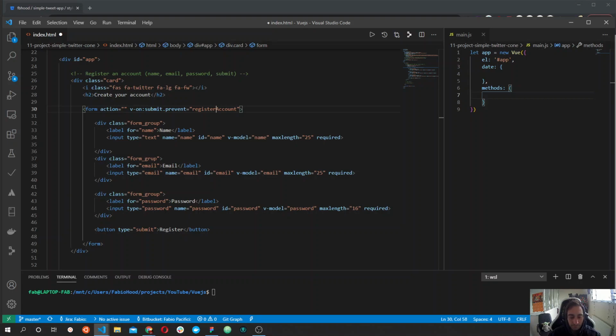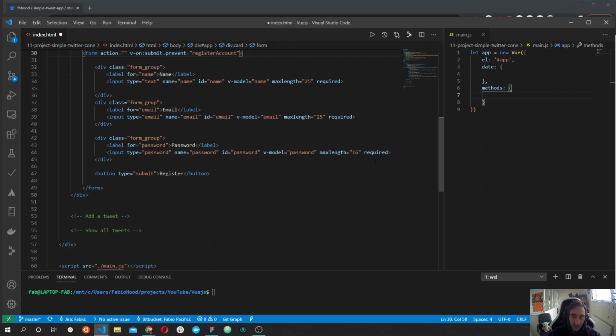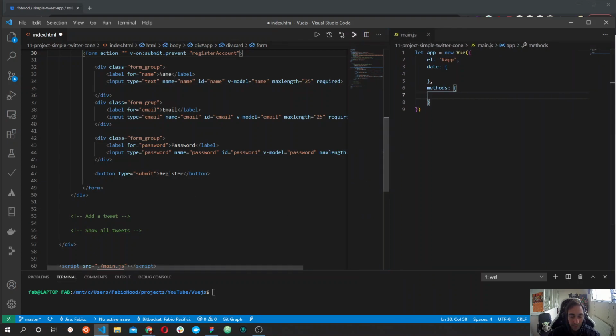And yeah, that's it, nothing else. So we have vModel, vOn, the submit event, and the prevent modifier, and that's it. Now what we can do is move to the JavaScript side and implement everything we need to make this work. As you see, we also have these 25 characters for the max length of this form